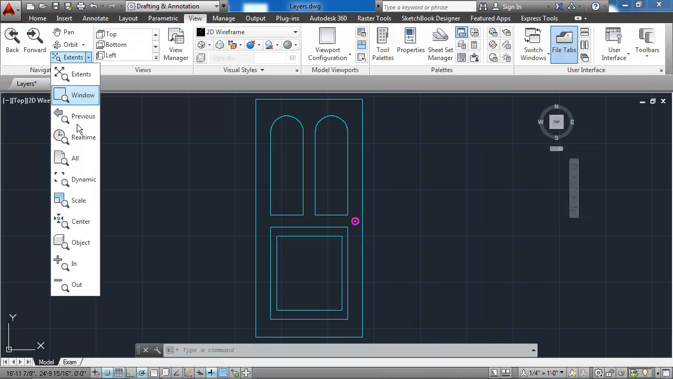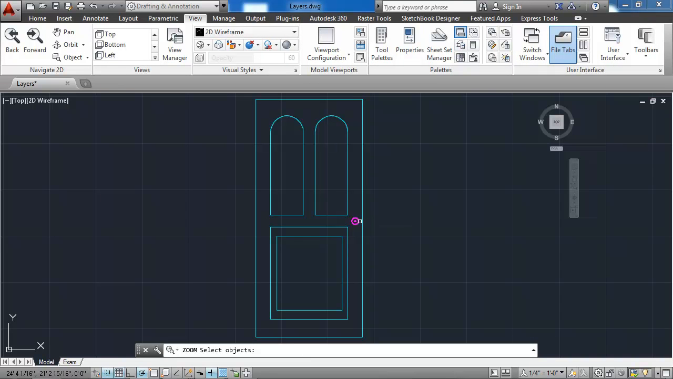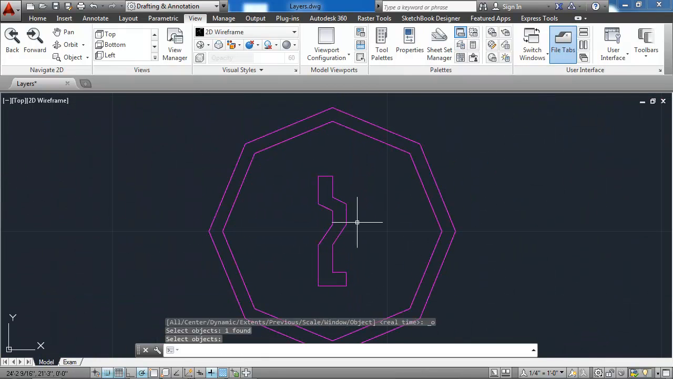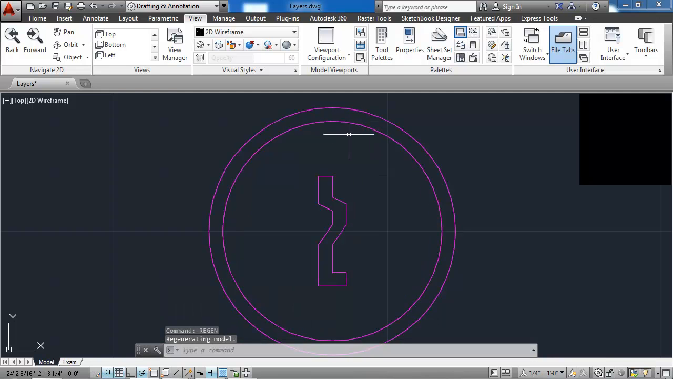In this case, I want to use the zoom object option, and that allows me to pick an object and then hit enter to zoom in on it. Notice this is my key slot. The circles appear to be quite jagged, like a polygon, because the screen has not recalculated the vectors. I can regenerate my screen by doing a regen, R-E-G-E-N, at the command line, and it smooths those curves after